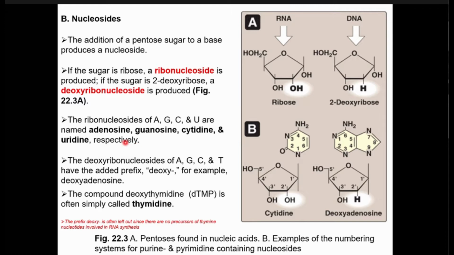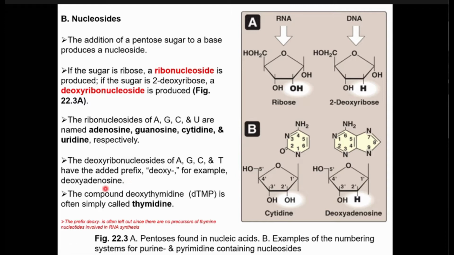Now, this is as far as the RNA. And as we mentioned, if we want to name the DNA, we have to add the deoxyribonucleoside, because we are now talking about DNA. We don't say ribonucleoside, we say deoxyribonucleoside. So if you have an adenine and you want to tell me this is from DNA, you have to add a deoxy. It becomes deoxyadenosine. Deoxy means the sugar is deoxyribose, and adenosine means adenine plus your